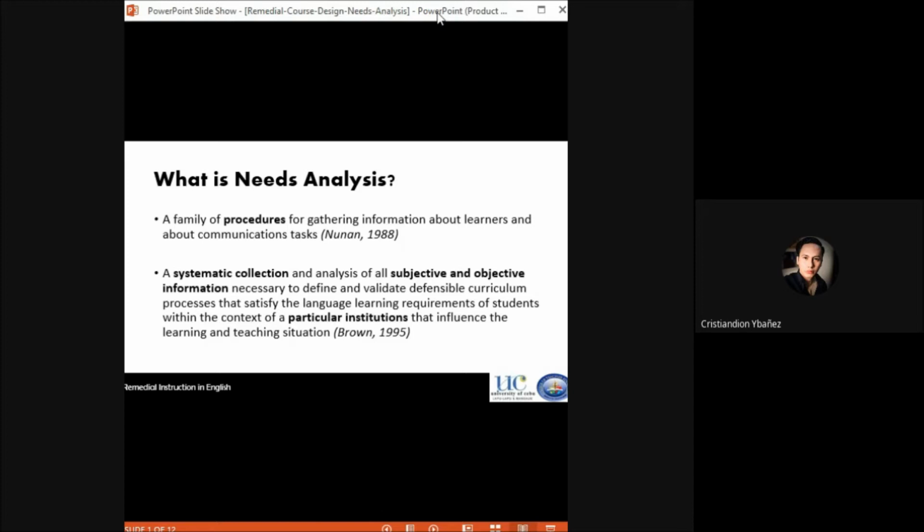This is a survey. It could be done through an interview. It could be done through letting the students answer some forms for gathering information about your students. So needs analysis is a systematic collection and analysis of all the subjective. We have to tackle later what are the subjective needs and then the objective or subjective information and then the objective information. This is necessary